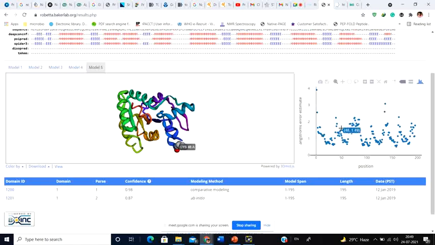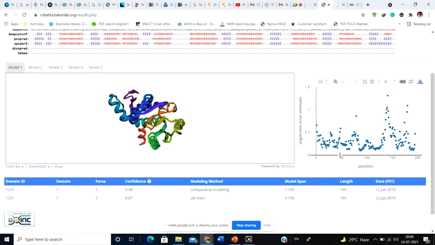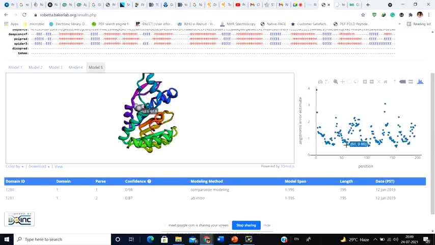In case of model 1, the 61st amino acid had an error rate of 0.13. In model 5, the 61st still had an error rate of 0.66. In that case it was 0.15, and in this particular case it is 0.66, so you get to see that is the higher error rate.